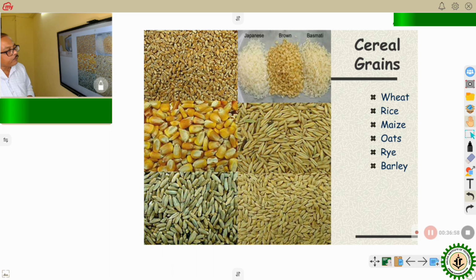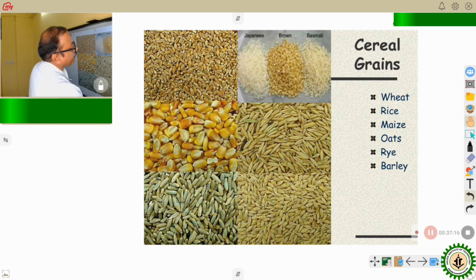But in the case of parboiled rice, little leaching is there because the surface is sealed, and removal of this starchy portion and water soluble nutrients becomes difficult in the case of parboiled rice. So again, these different cereals